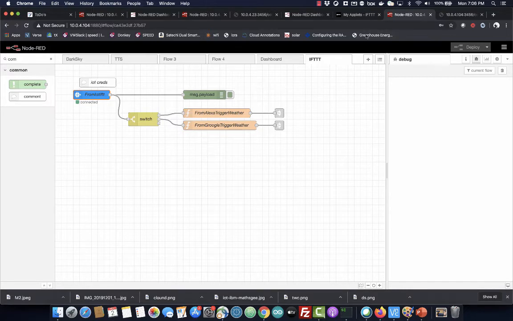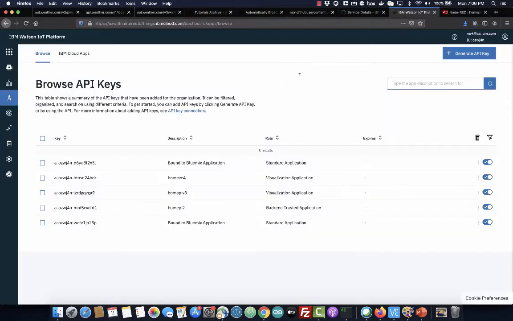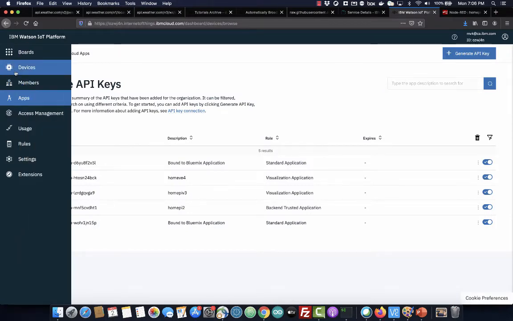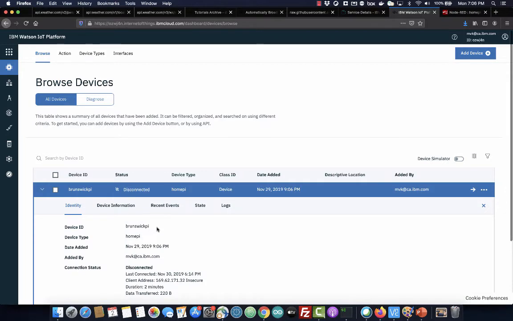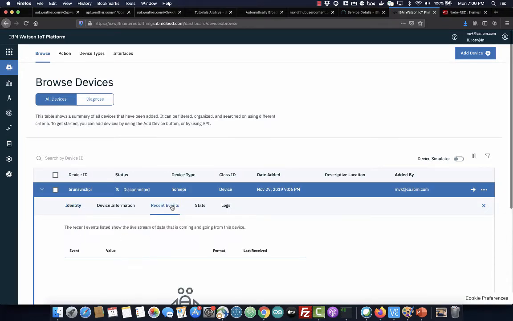Then the second thing we have to do, in the IoT platform as well, is you go to devices and you create a device. I called it just street name and my home Pi. And that's basically used to listen from both sides. Like, you know, we send from the cloud to this device and the Pi listens to this device. And then we go back here